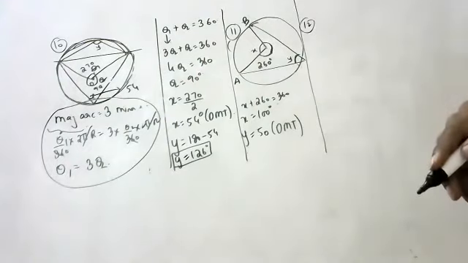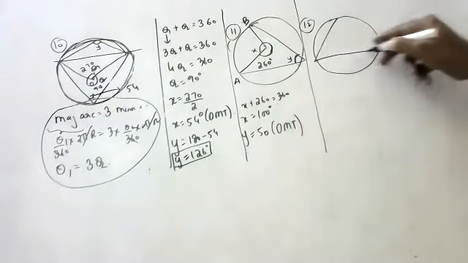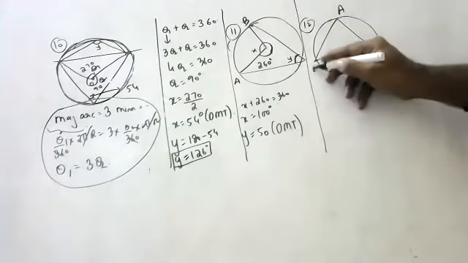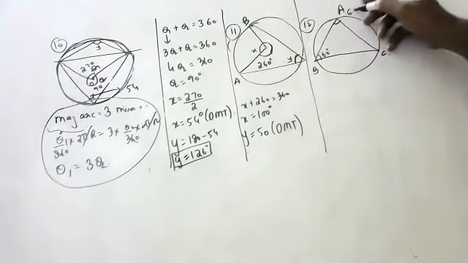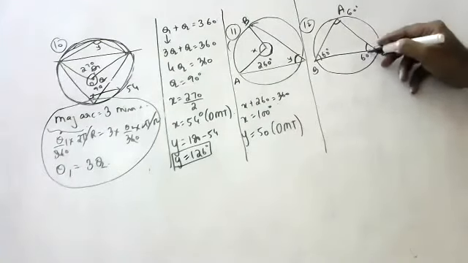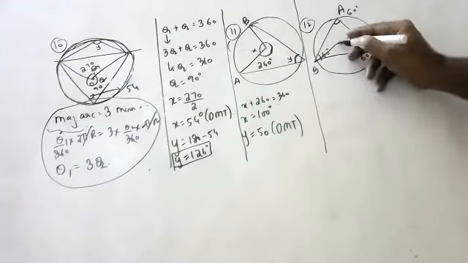Okay. One more question, children. An equilateral triangle ABC is inscribed in a circle. Children, see there is a circle. An equilateral triangle will have all angles how much? 60 degrees. All angles will be 60 degrees. Equilateral triangle is inscribed in a circle with center O. The measure of angle BOC is how much?